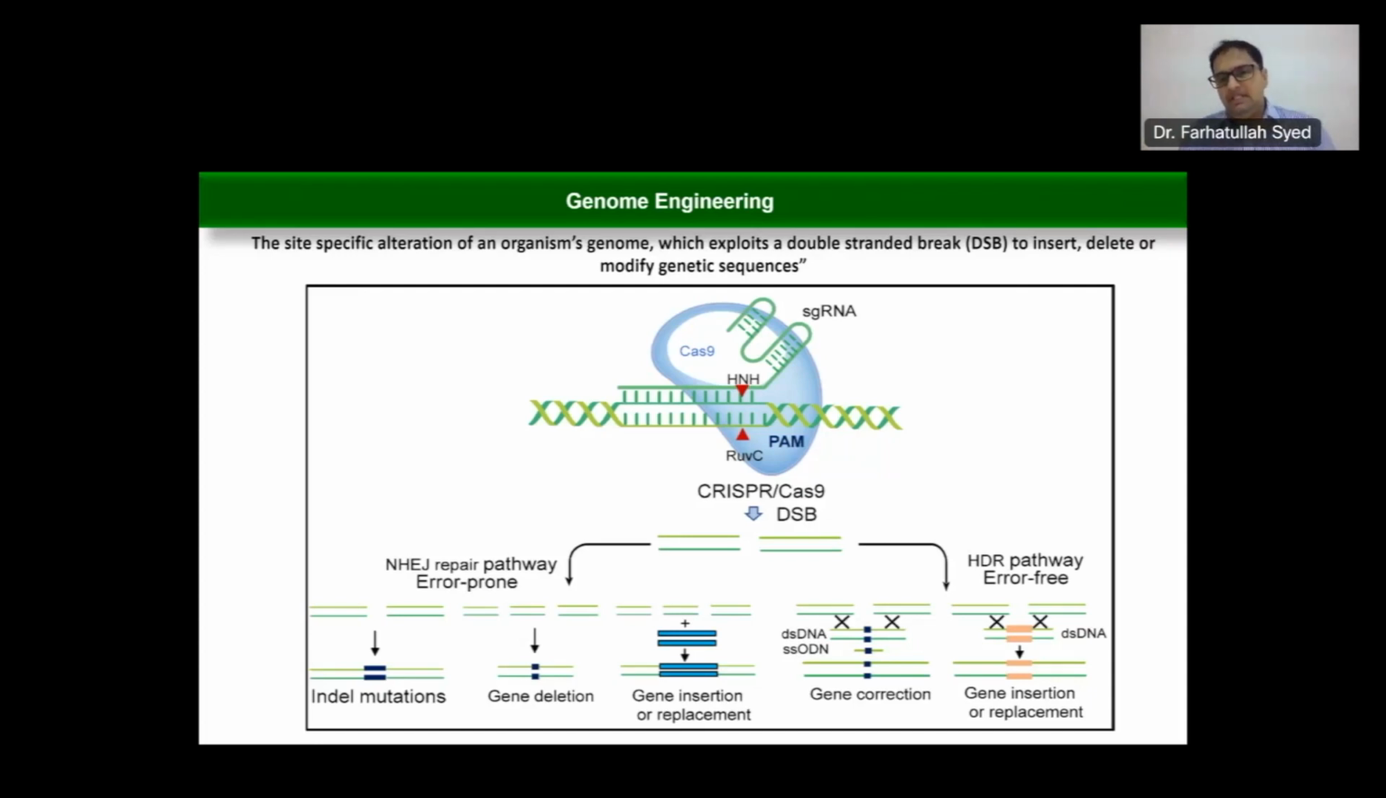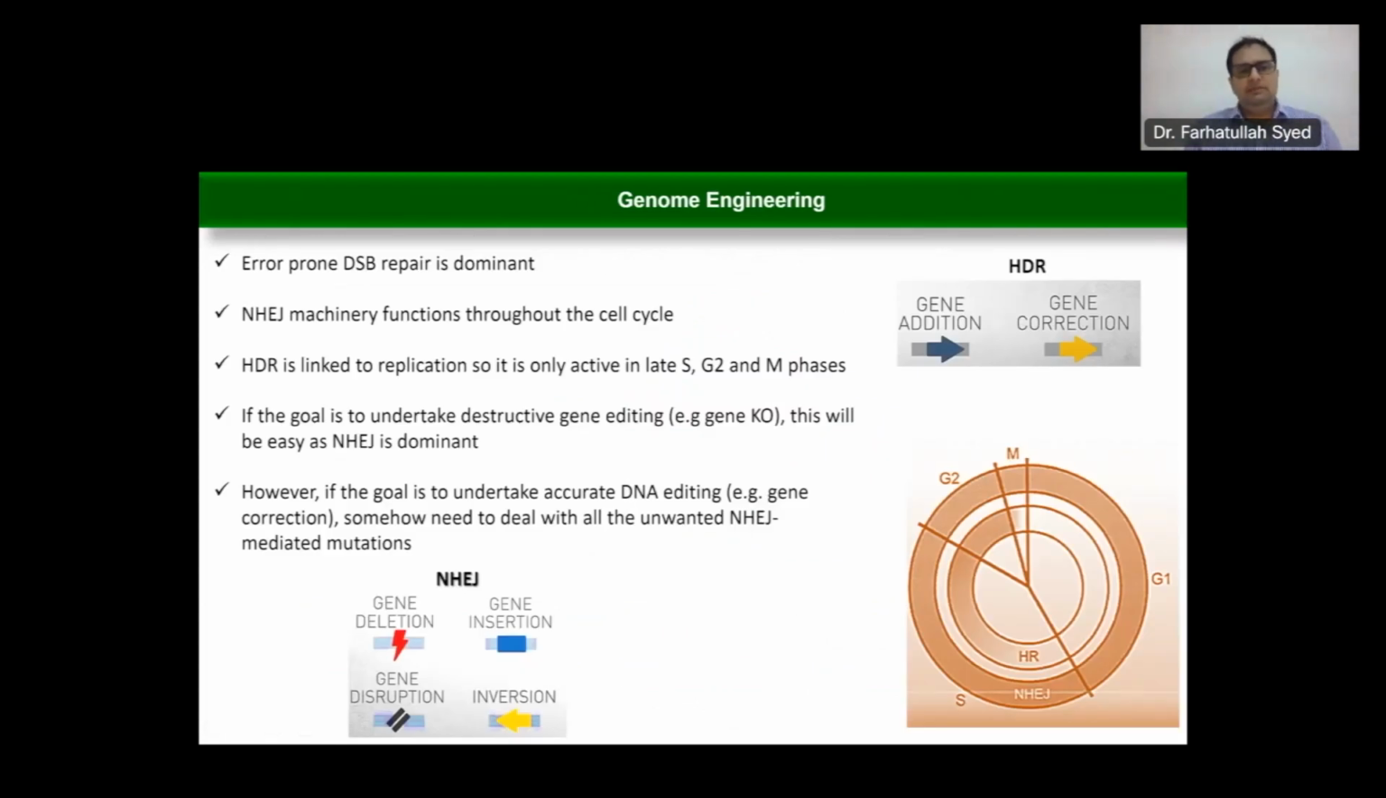The second pathway is the homologous recombination, the HDR pathway. This is error free. During this pathway, you can provide a template which is homologous to the sequence which you are cutting, and you can replace the gene. You can make the gene corrected, or gene insertion can happen also, or gene replacement. However, as I mentioned previously,